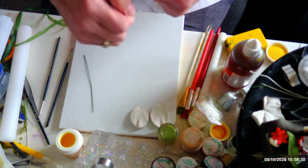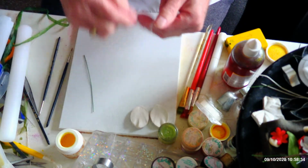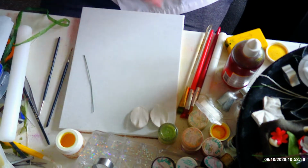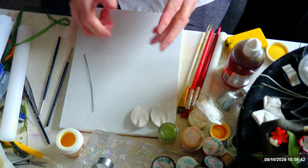So you go around your fingers like that. I went round 100 times. I know it's a lot, but I'm not going to do it 100 times for you here because we'd be here all morning and we're not going to get anything else done. So basically what you end up with is a loop,